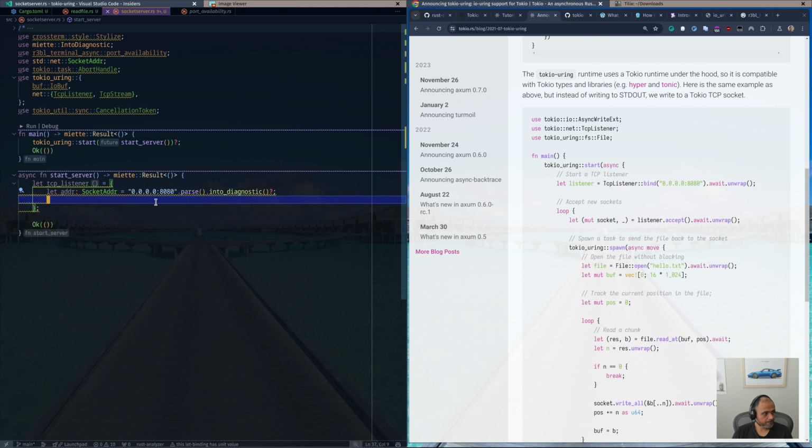So for that reason, we can do this. We can check to see if the port availability for this address is, let's see, is it free or occupied? If it's free, then it's good. We don't have to do anything. We can just say